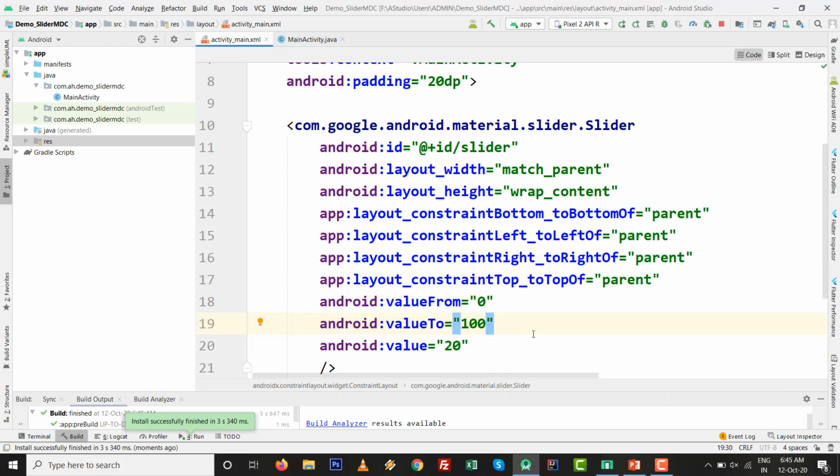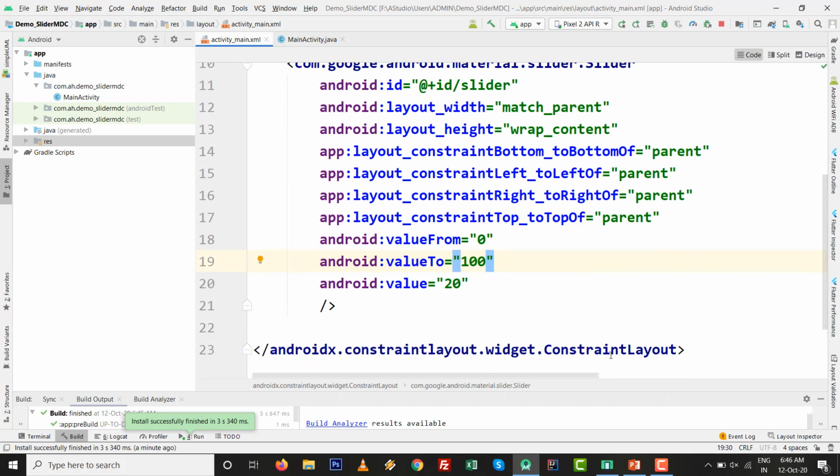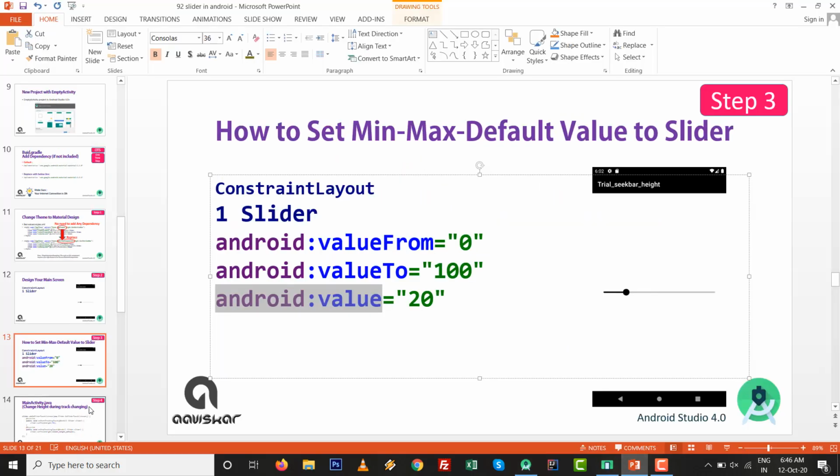So it's a nice one, you can set it this way. But the basic motive when I try to experiment with SeekBar is that I want to change the height during the progress. So if I want to change the height during the progress, then we move ahead with something else.